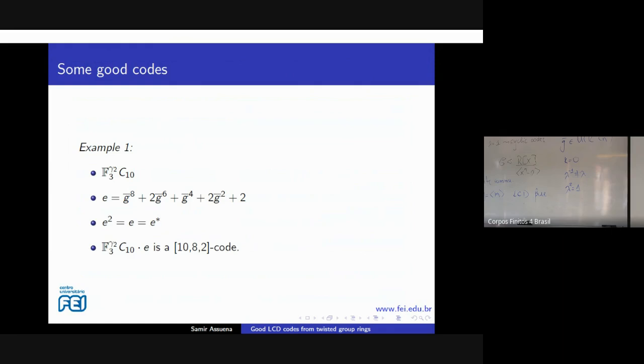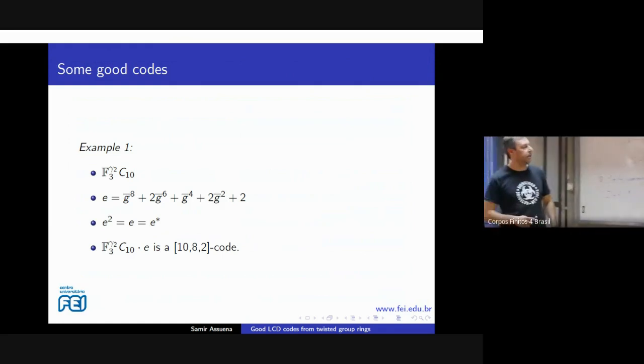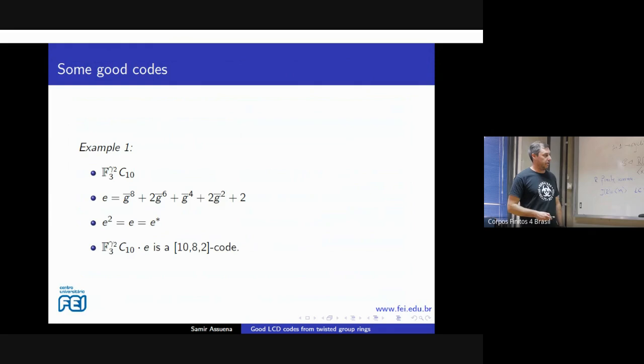Maybe it's not a minimal one, but we are not interested in this. In the minimal ones, we are just searching for idempotents which are fixed by the involution. This happens for this element, and the code generated by this element has these parameters,